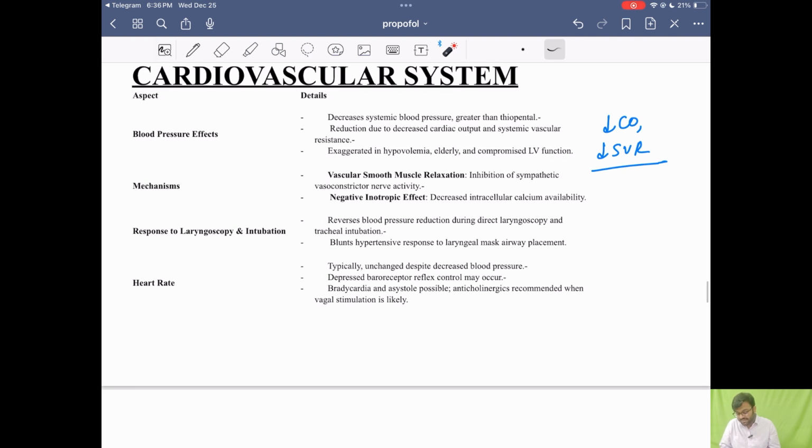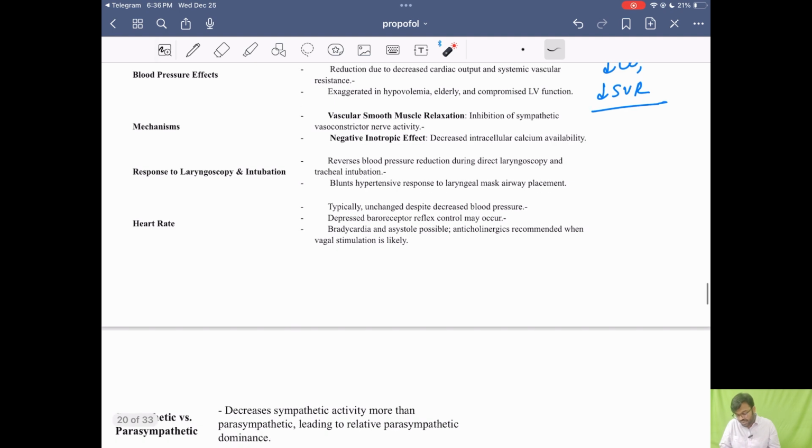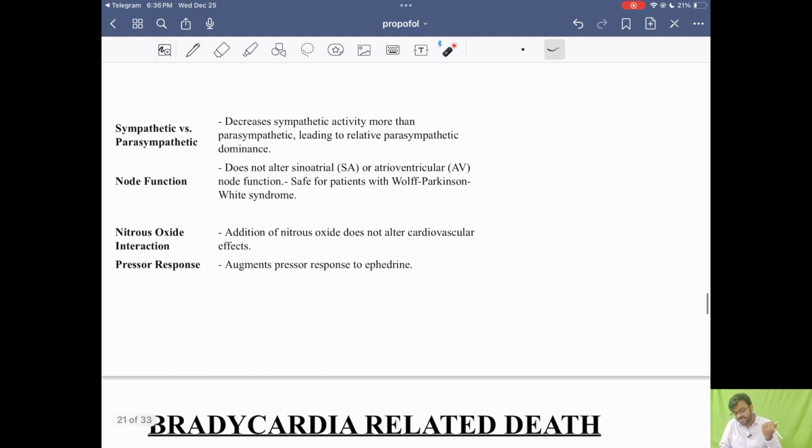How does that mechanism occur? We saw the effects on heart rate. We saw the laryngoscopic response, and now about the sympathetic and parasympathetic responses. It decreases sympathetic activity. Very important. Okay, this line itself is a little bit contradictory to the last thing we said, but we have taken it all from Stoelting's, how they have tried to mention it. It decreases sympathetic activity, then parasympathetic,